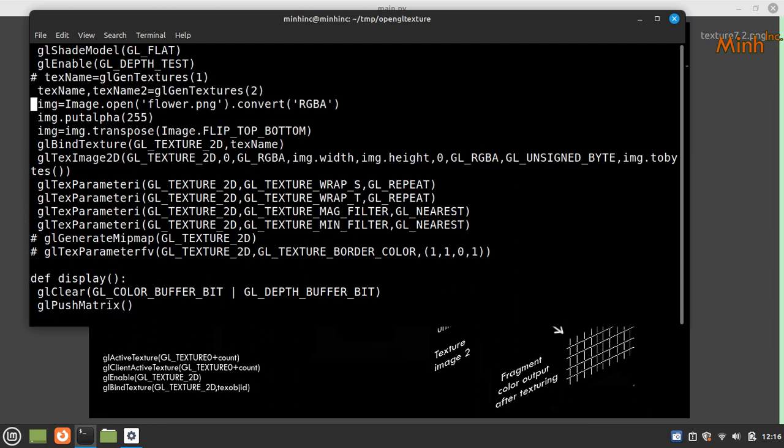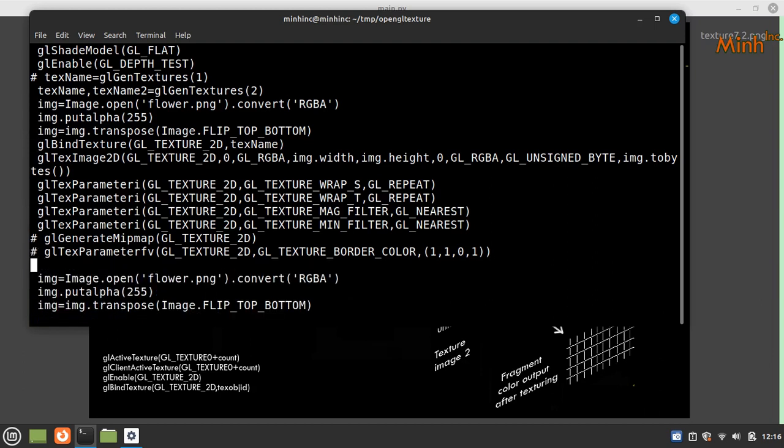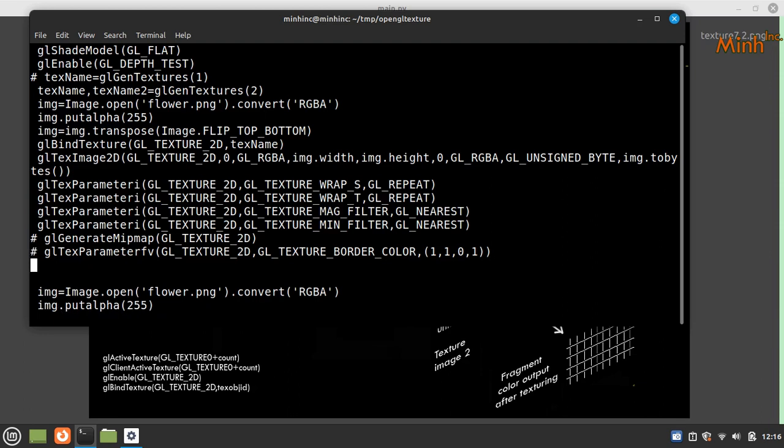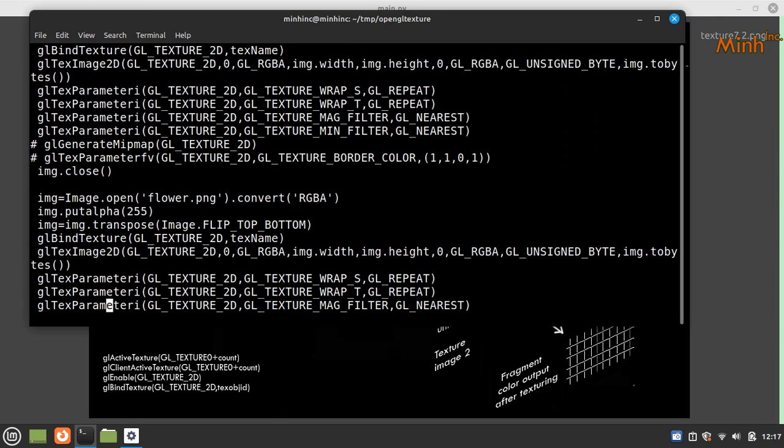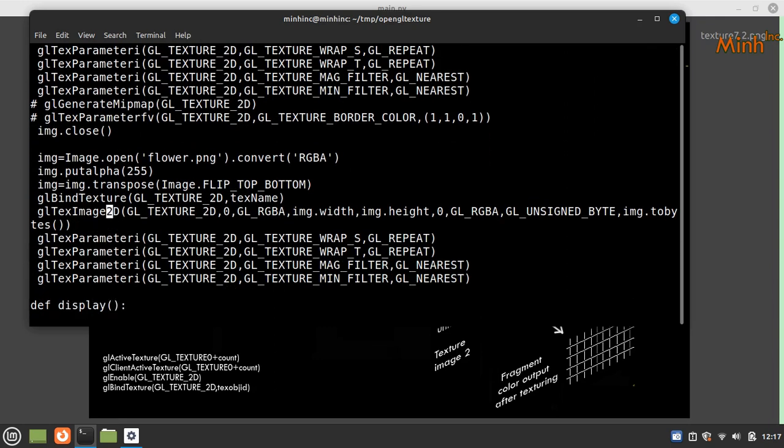Okay, and lines 3, 4, 5, 6, 7, 8, 9. Okay, I can close this and I can open. So the next image is